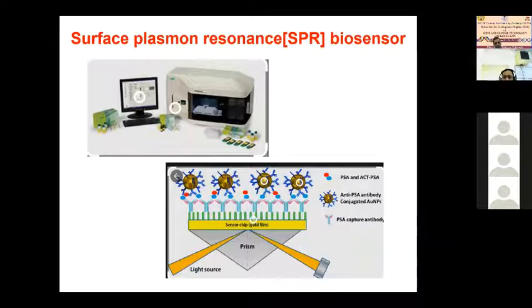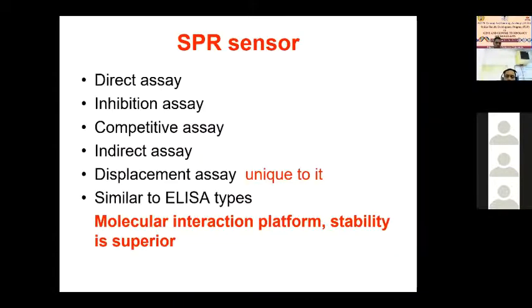And so here, this is the sensor chip, the gold chip, and then you have thiol organic molecules, and over that you can immobilize the antibody. This is the anti-TNT antibody here, and then you have interacting molecules. That is the basic principle, which we will discuss in detail in subsequent slides. Next,